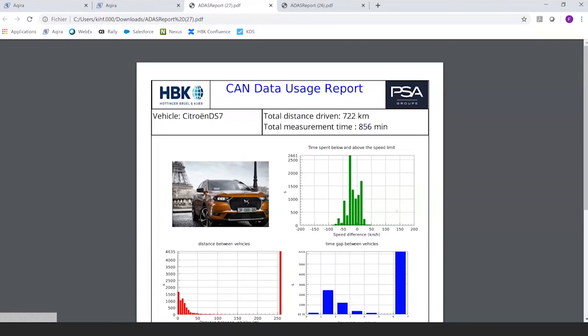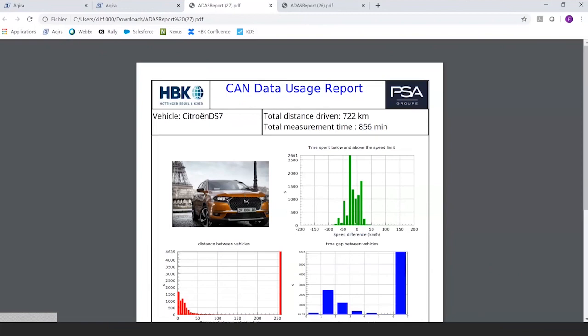This is done thanks to the recognition, a video processing system that is embedded in the car and provides you with this information: what's the current speed limit in the CAN stream.